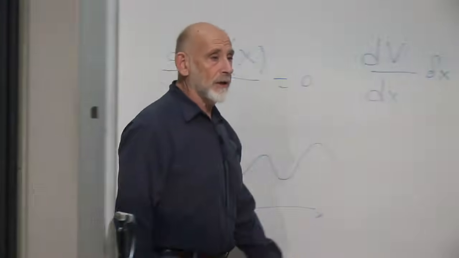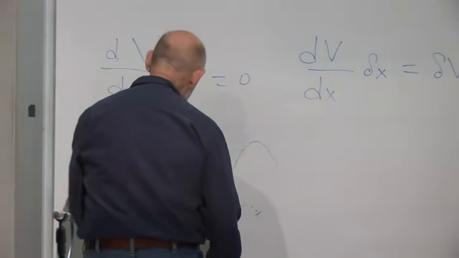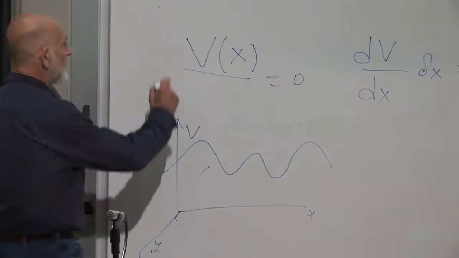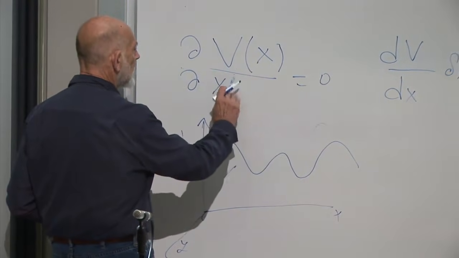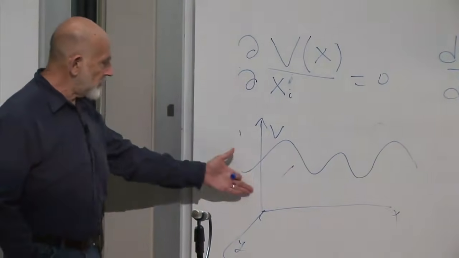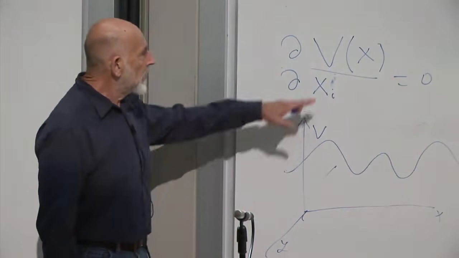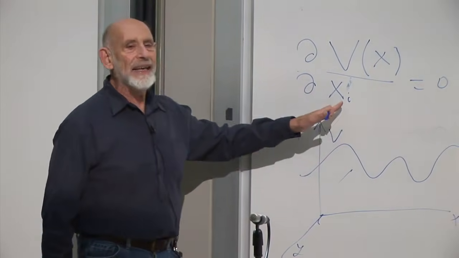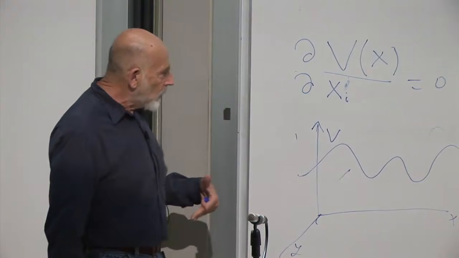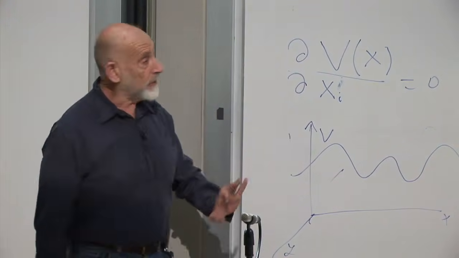Then where is an object in equilibrium? Again, it's in equilibrium when all the components of the force are equal to 0, and that means when all of the partial derivatives of V with respect to, let's call it xi now, and xi can mean x or y, or it could mean 59 other coordinates, or 10 to the 23rd more of them. V is a function of all the coordinates. The partial of V with respect to any given one of them is the component of force along that particular direction. And when all of them are equal to 0, not one of them, but all of them,